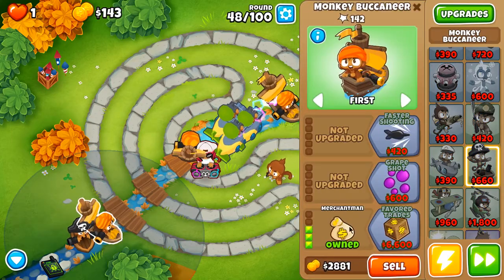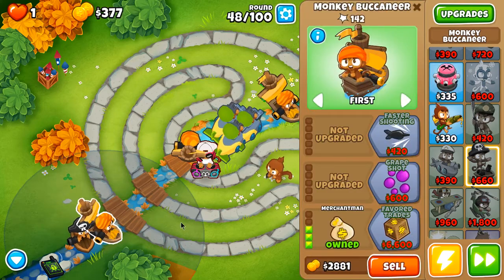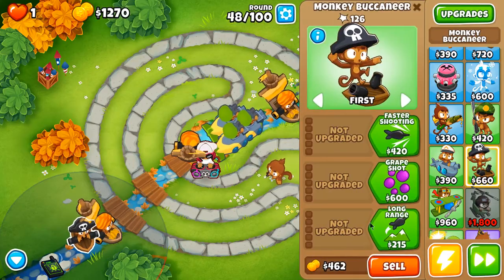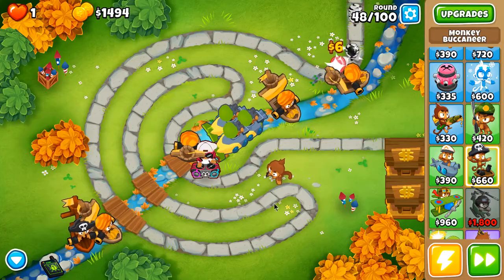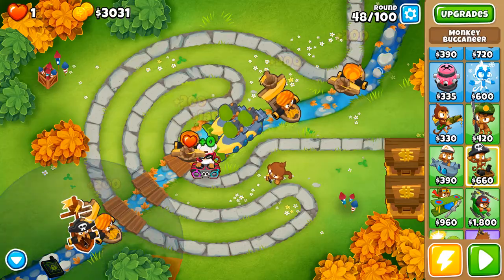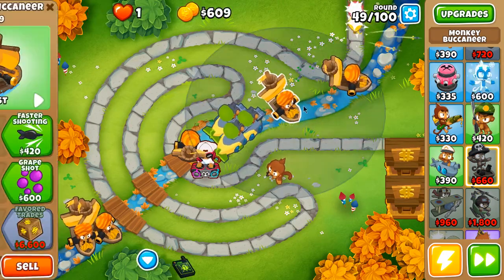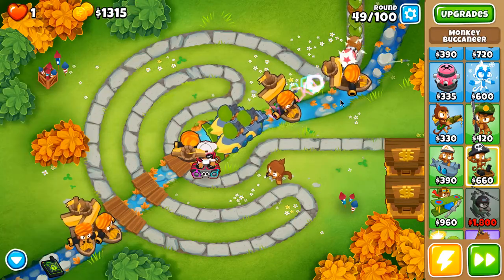So you can see that I'm getting the Merchantman and not anymore the grape shot. Now that is because in this way I can save 1.2k cash, and therefore I can get the Merchantman faster. But then as I get them more, I'm gonna also get the grapes, because in that way the Buccaneers are gonna be useful not only for their camo detection and range and cash,